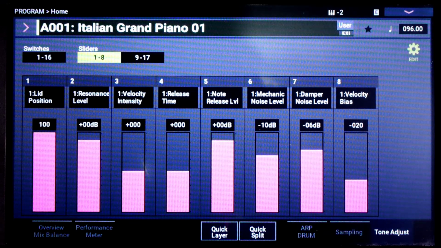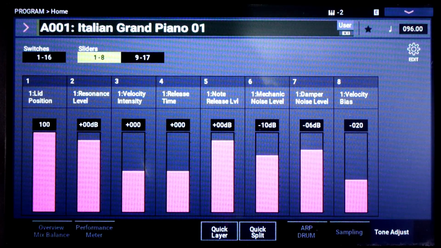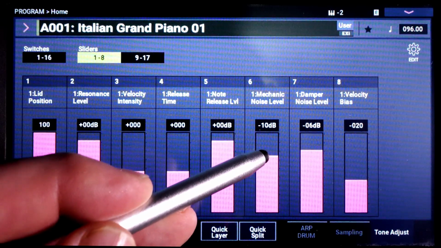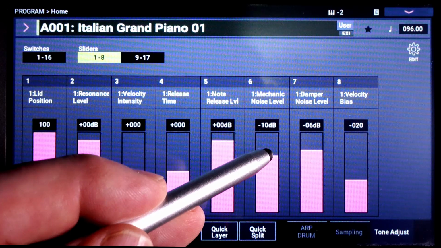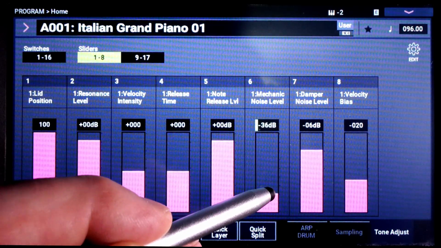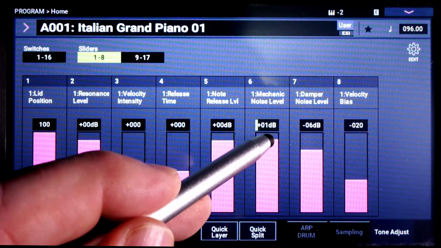So what's really cool, and this blows me away, is you got the sliders. You know, the Kronos has all these sliders. Well, you have sliders right here, and you can be working them. Now, let's get off of edit because I don't want to mess anything up. But check this out. So if you listen to the keyboard sound, and if we bring this down, of course, you're not going to hear anything. But if I bring this mechanical noise level up,